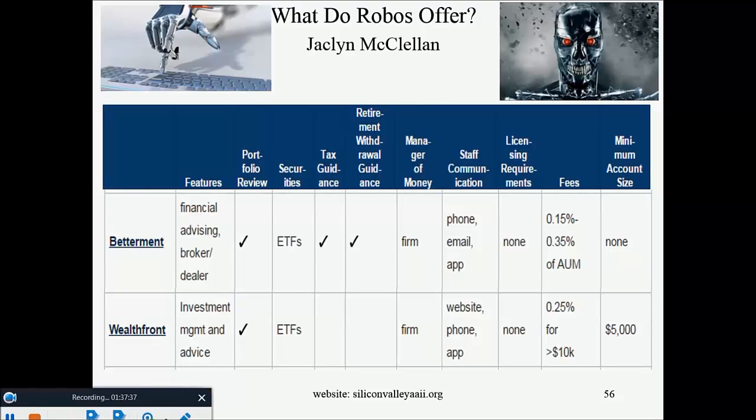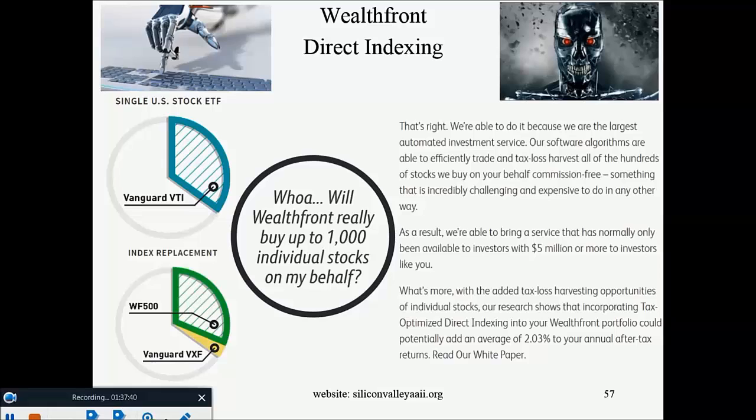Okay, next up, Wealthfront and direct indexing. This will be the last thing we talk about tonight because I'm running real late. What most robos do is they decide a certain percentage of your money should be in the total stock market. They use VTI, Vanguard's ETF for that, and you get a chunk of that. And at tax time, the end of the year, if you've lost money on VTI, they'll sell it and buy something similar to VTI,